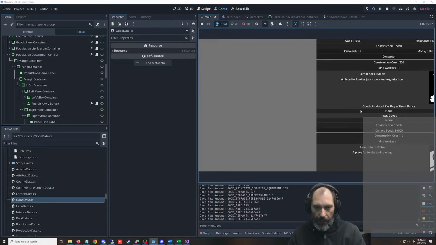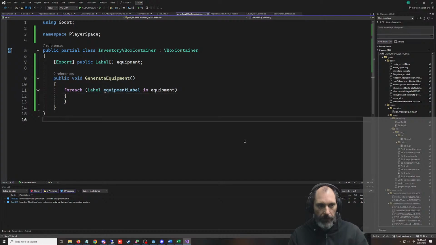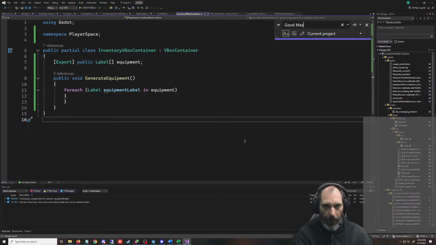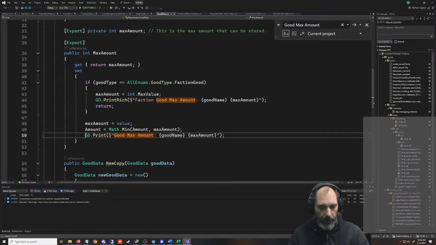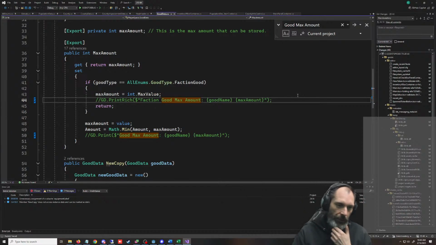They haven't built that yet, but I think I have it set to loop through and give them 100. We can get rid of that while I see it. Good max amount, we don't need this right now. So that actually helps us with our testing. We do have 100 of each.